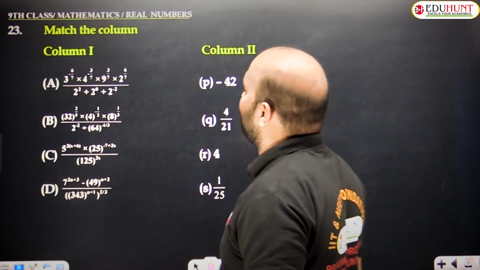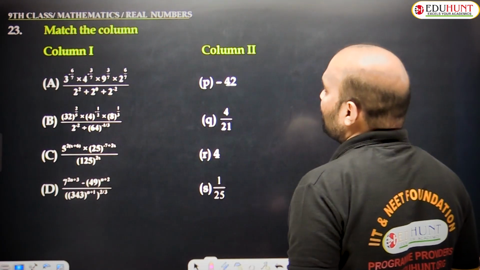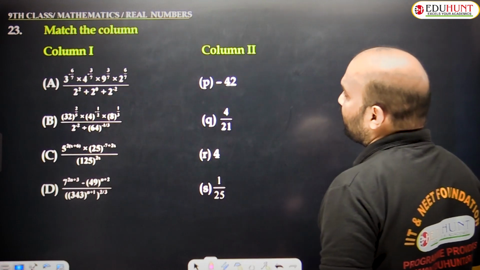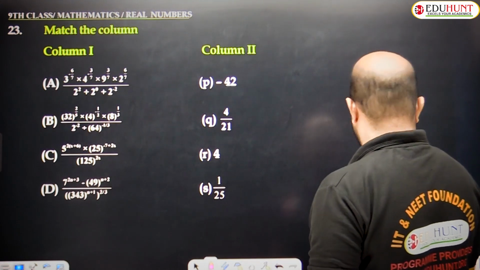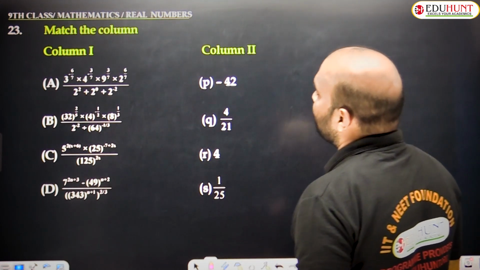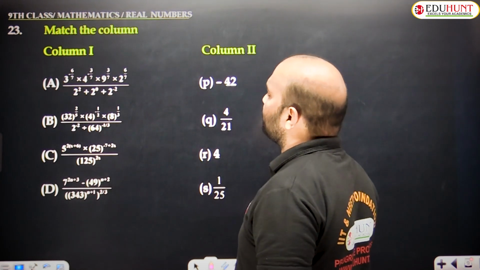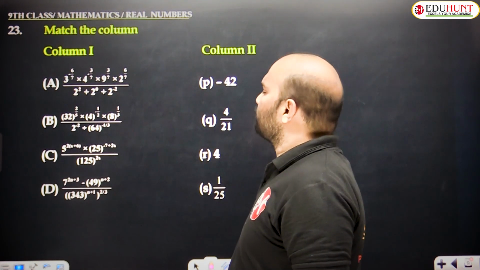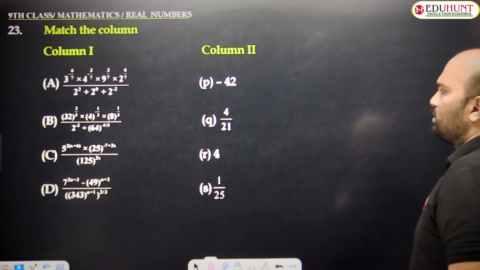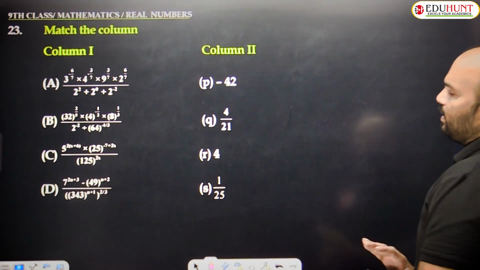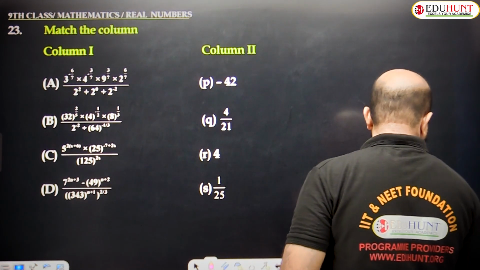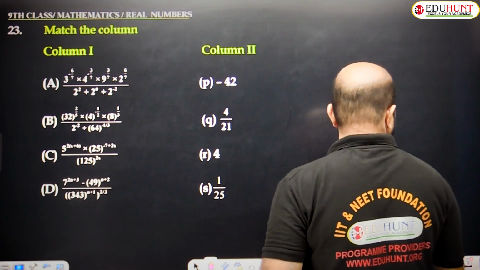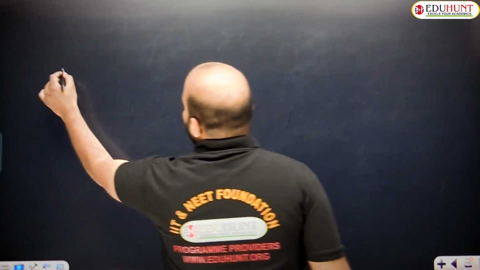So in option A, this is the column A condition. What I am given is 3 power minus 6 by 7 into 4 power minus 3 by 7 into 9 power 3 by 7 into 2 power 6 by 7, whole divided by 2 square plus 2 power 0 plus 2 power minus 2. Clearly, we need to find the value of the expression. So you can solve the A expression. So in A,